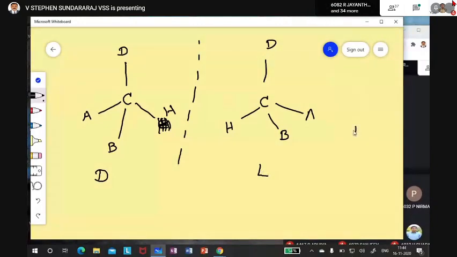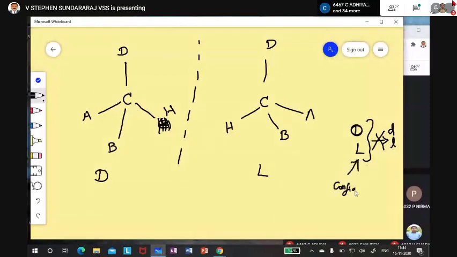Note all the points that I am telling. Configuration D means a particular arrangement, configuration L means a particular other arrangement. Okay, but that capital D and L has no link with the small d and small l, no link. That point is no doubt. Because this is talking about the configuration, the arrangement, and this is talking about the optical rotation. Optical rotation, right or left, is what we are talking about.